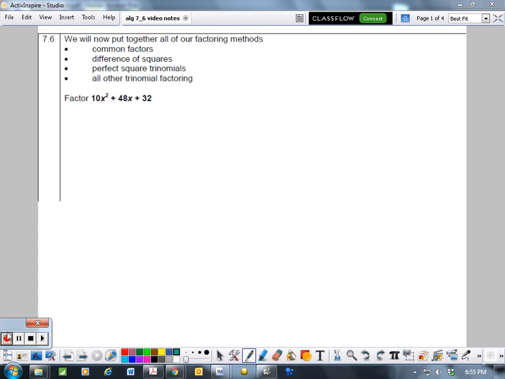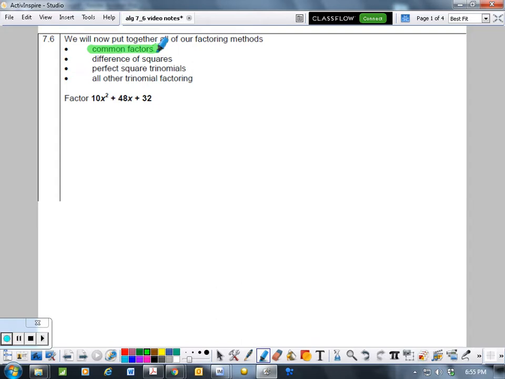Okay, in our last section for factoring, we're going to put together all of our different things. The very first thing we want to keep in mind is the very first thing we do is we look for common factors. Because the more stuff we can take out, the smaller it makes our numbers and it makes it easier to